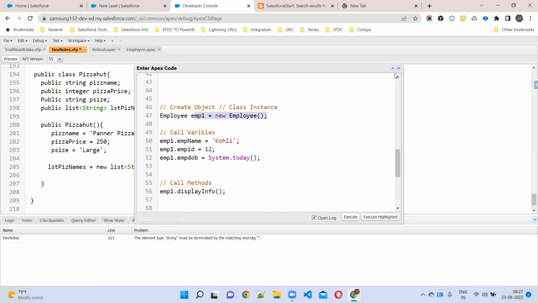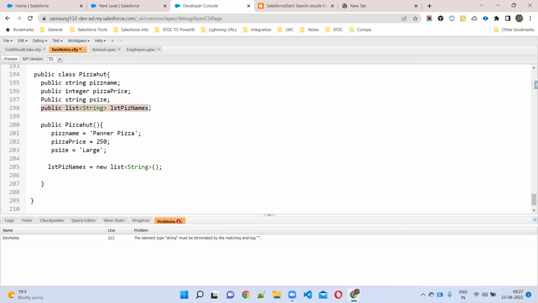Similarly, I am declaring one list variable. What is the list variable name? List of pizza, list piece. For this, is memory allocated now? No. How can we allocate memory for this one? We have to use equal to new list of string again. You can understand clearly later. I'm just saying what the default values are, what initialization is, you have to understand. That's it. Following everyone? What is initialization? What is default values, assigning data?